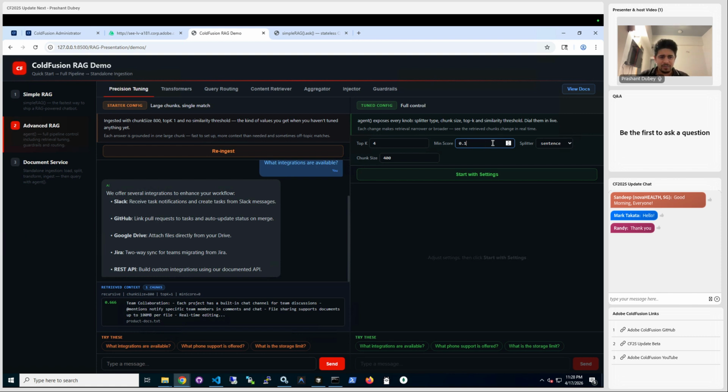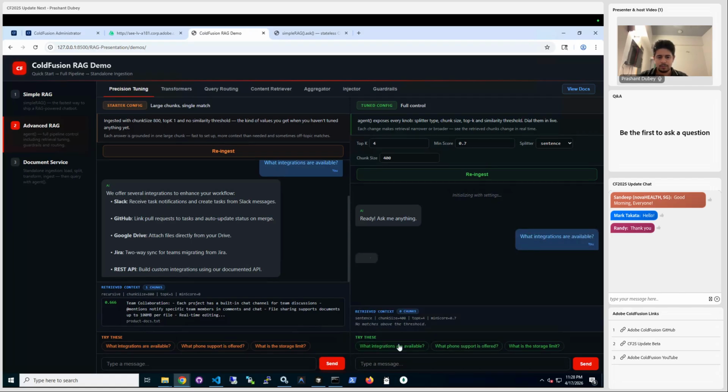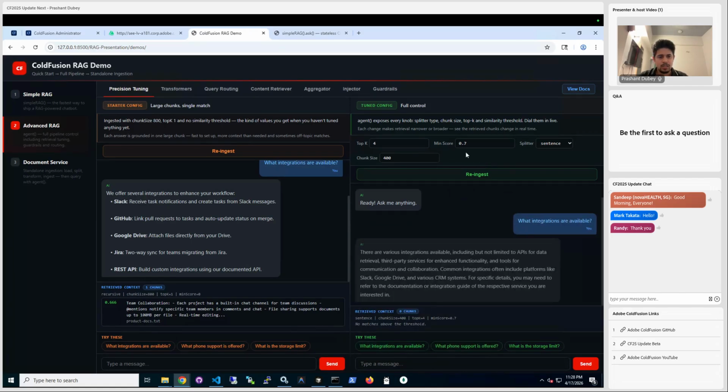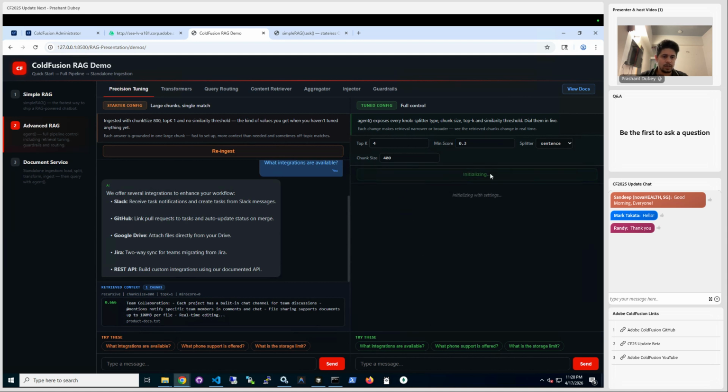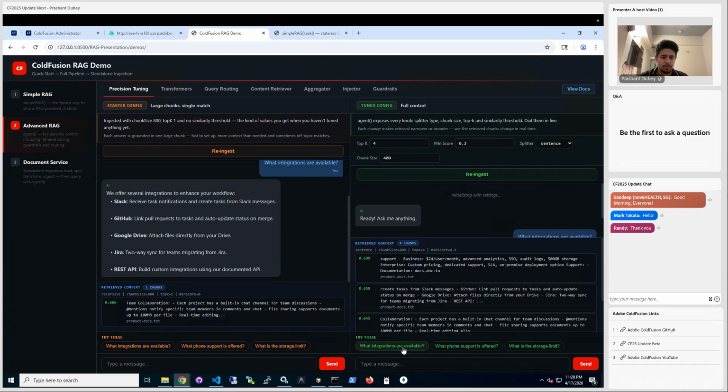best result. So I'll be setting the minimum score, say 0.7, the splitter type I'll use sentence, and the chunk size will be 400. I'll start with this, and then we'll see how retrieval happens and what answer we get. So as min score, I have set 0.7. 0.7 seems like a high min score, where it did not work properly. So if I use a min score of 0.3, I'm sure